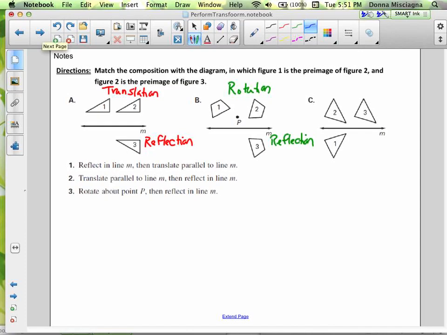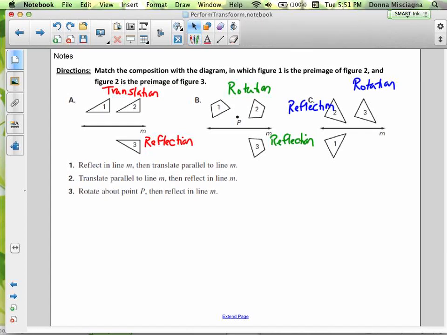All right, so now let's look at our last one here. So we're going from 1 to 2. Well, those are mirror images of one another. That's a reflection. And then we just moved it. So that's a rotation. So just so you don't just give me the type of transformations, that you're more specific, let's fill in the rest of this. So for the translation, notice that we're moving in the same direction as line M. So let's put translation in the same direction